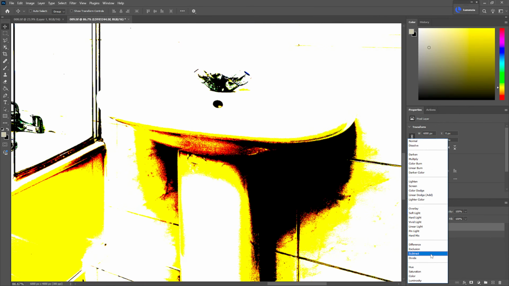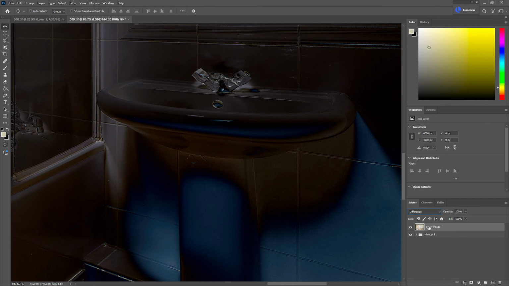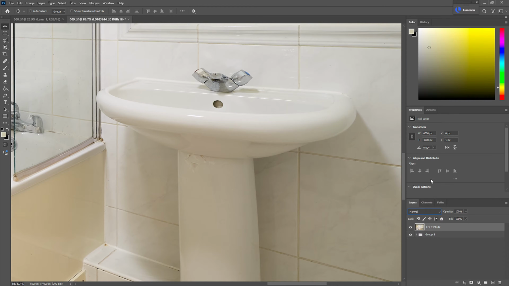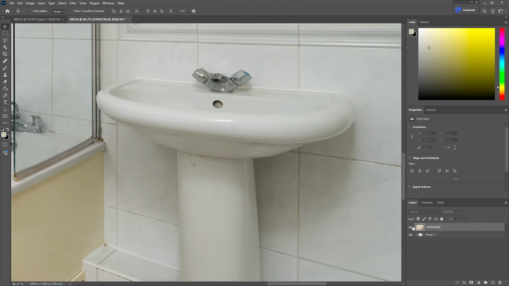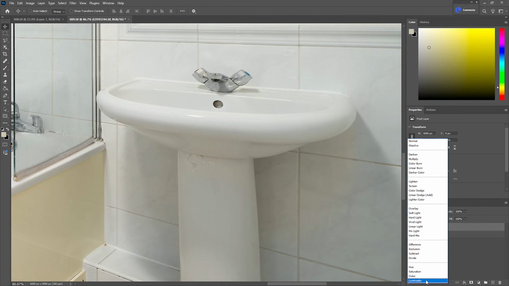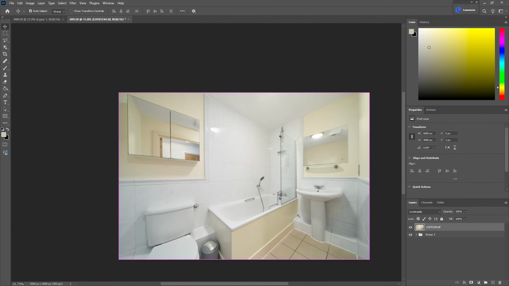But for the moment, let's just change it into difference mode so I can align this layer a little bit. Let's just nudge it down. Okay, and I think that already fixed it here. Yeah, I think that's it. Okay, put it back in